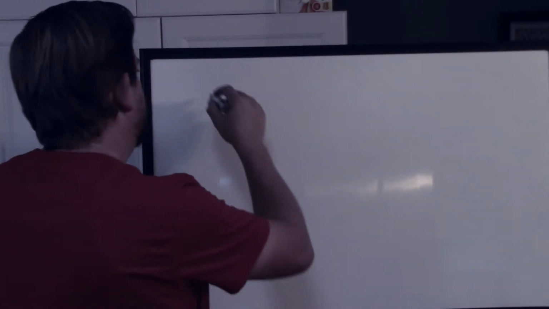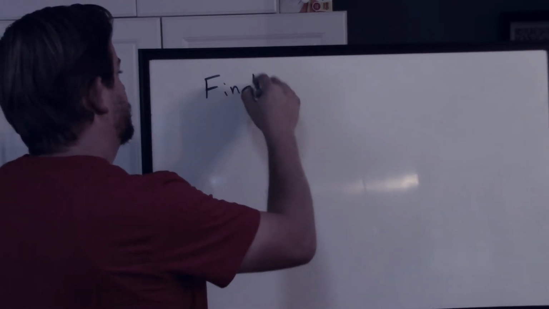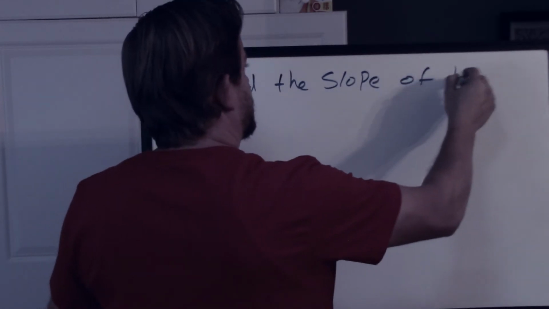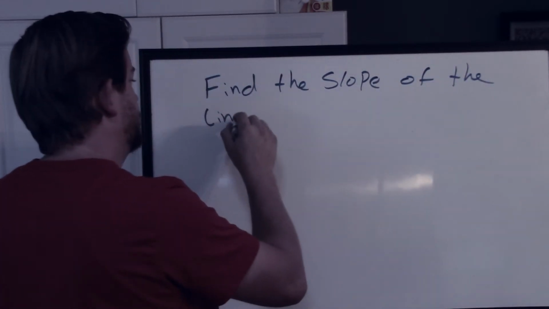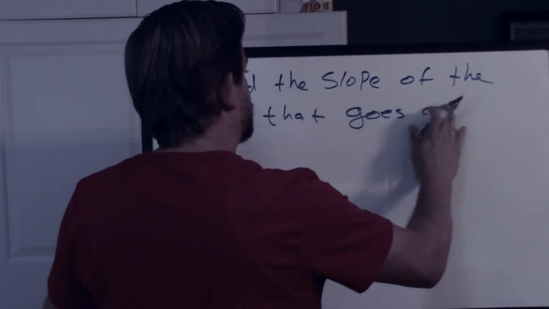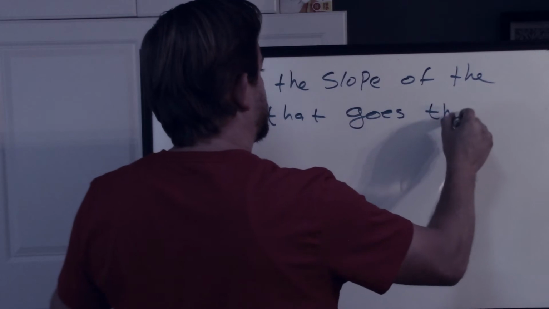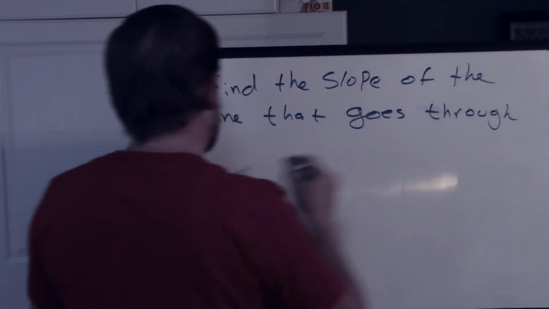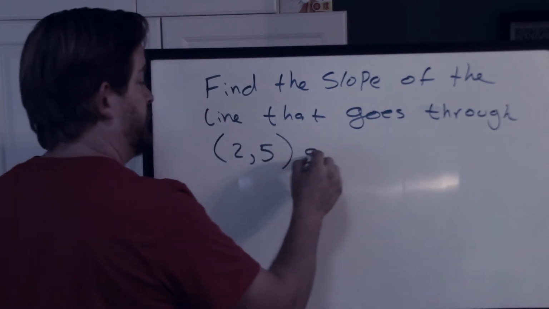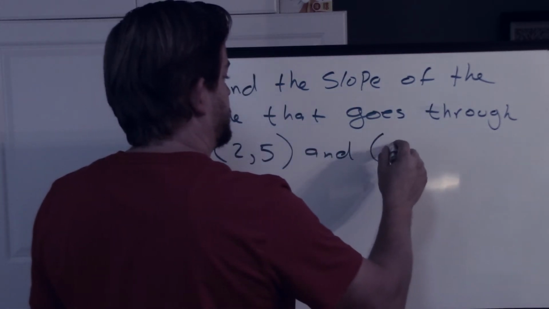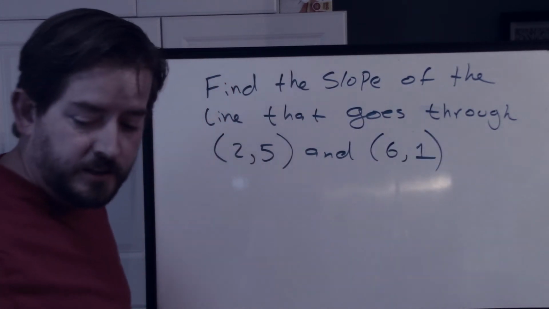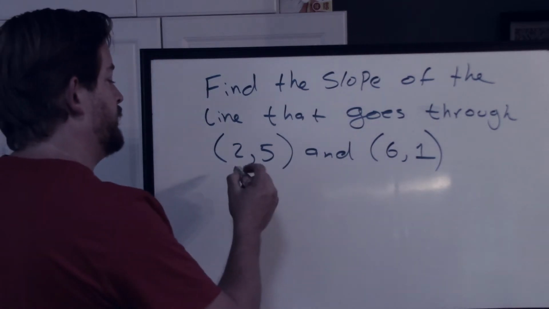Let's find the slope of the line that goes through the points, let's say (2, 5) and (6, 1). Okay. So again, I just have to identify one of these as point 1, so I'll just say